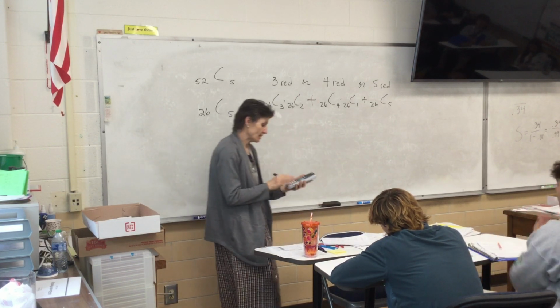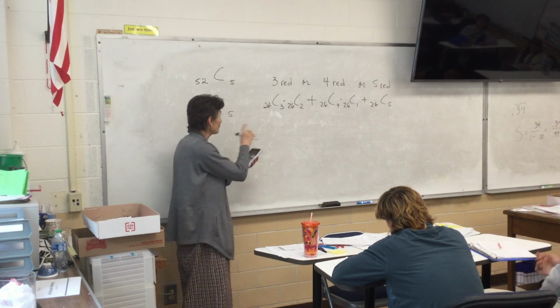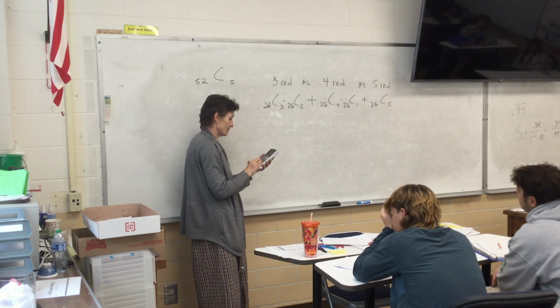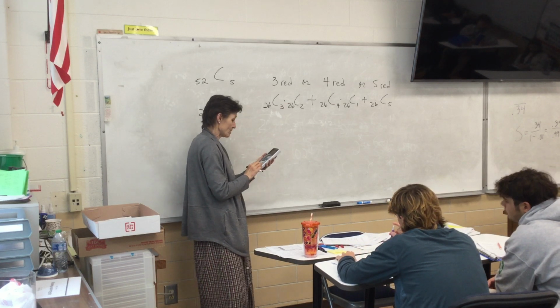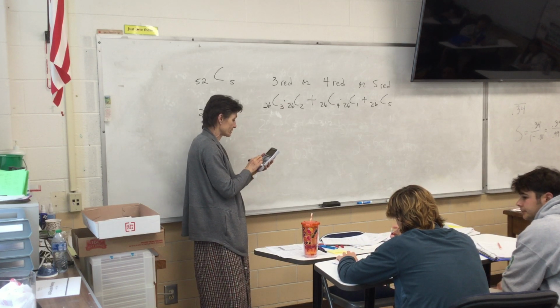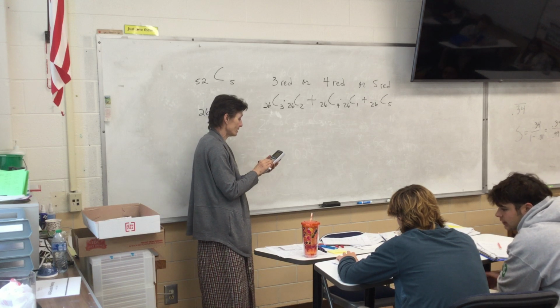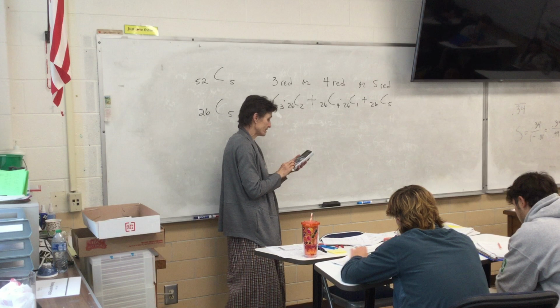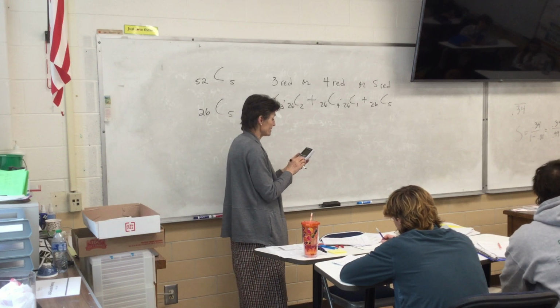You can type this in without writing anything down. Just type 26 C 3 times 26 C 2 plus 26 C